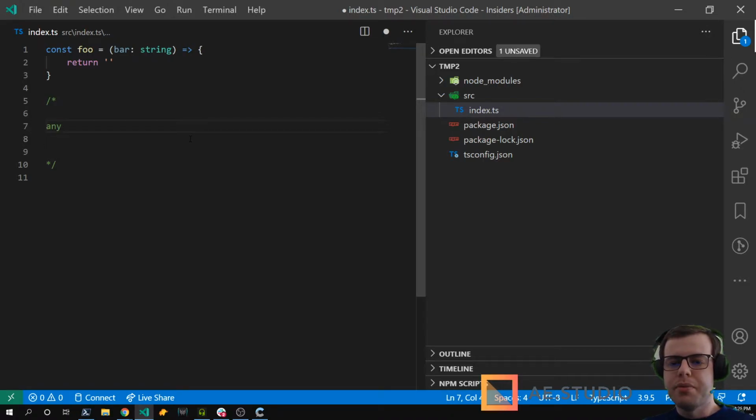If you have any problems with types and you need a quick workaround, you can just cast the variable to any and then do whatever you want. That's not really recommended, but it's possible. You have the type string. For any sort of number, the type is called number. And for booleans, it's called boolean. And then I think that's it. So basically the syntax is colon and the type name.